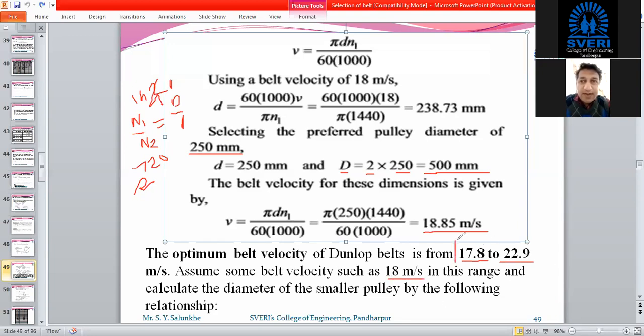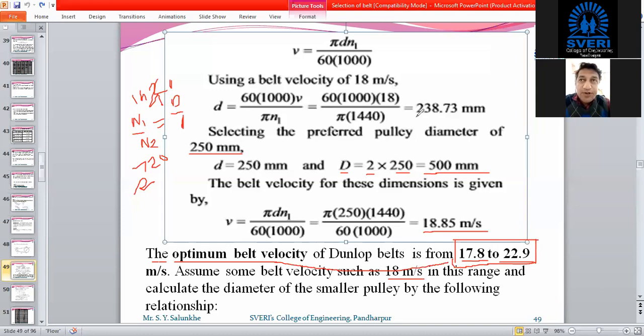Keep in mind how the designer decided that 18 meter per second: it is decided by the guideline provided by the Dunlop belt manufacturer. In this range, you, the designer, decide the optimum belt velocity, and from that you calculate the smaller and bigger pulley diameters.